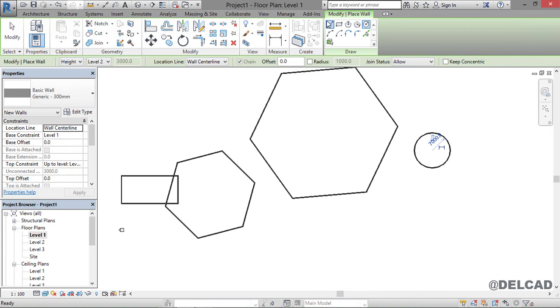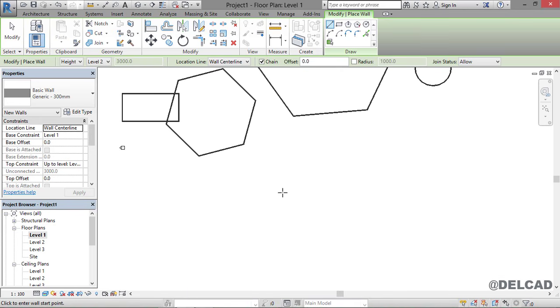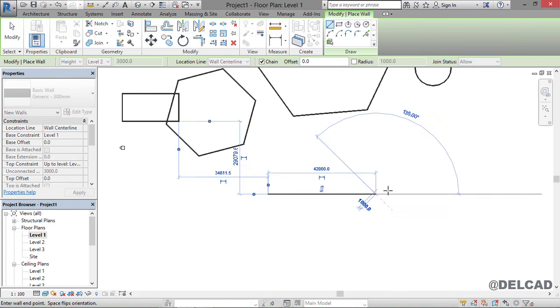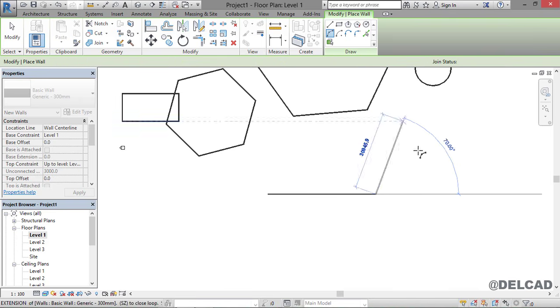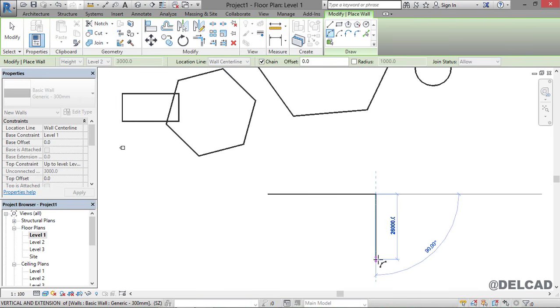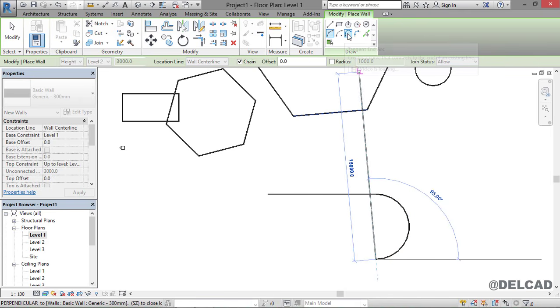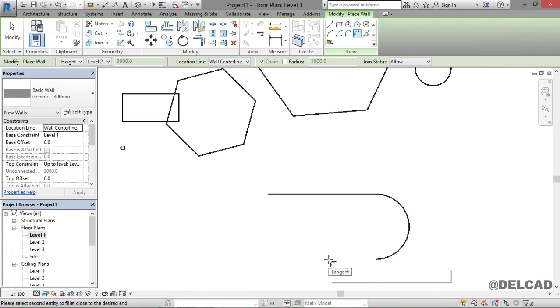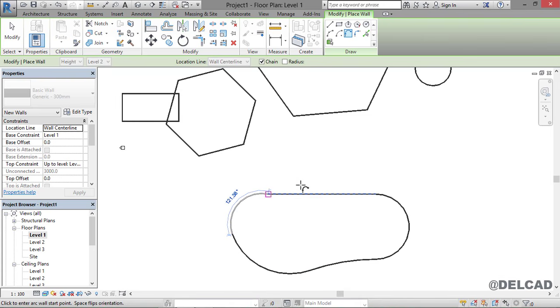And in the case of a line, or creating the wall in a line form, we can create a wall like this. And we can also use arc to create our walls just like this, and then we can define the radius like this. We can also use spline just like this, and then we draw our walls. We can draw our walls like this and our walls looking like this. So these are the different options which we can use to draw our walls looking differently from the draw panel